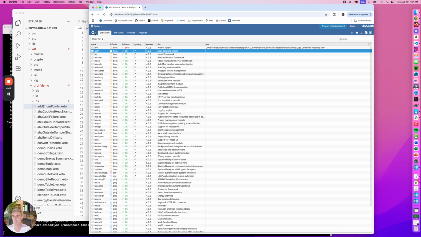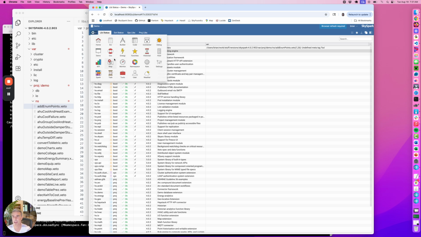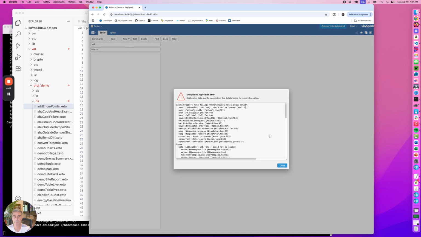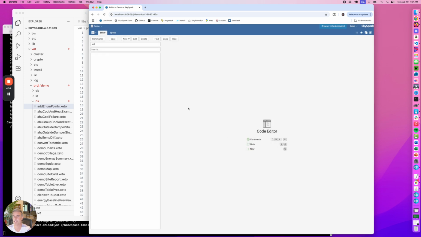Let's go look at the code app, and we can see here that I don't actually have any functions. The whole project library is disabled right now. Now, there are a lot of tools to prevent you from doing this, but if you get into this situation,